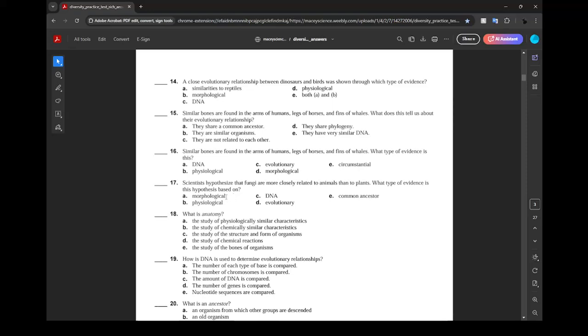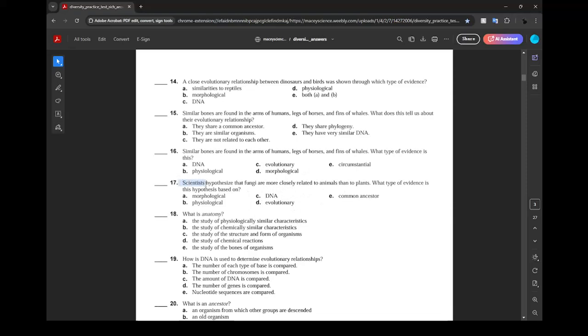Let's be honest. There's no way that you look at a fungi and be like, "What? This looks like a plant." No, that's not how it works. Physiological, no. Common ancestor, no. Evolutionary, did it evolve like it? No. Right here, that's your only option because